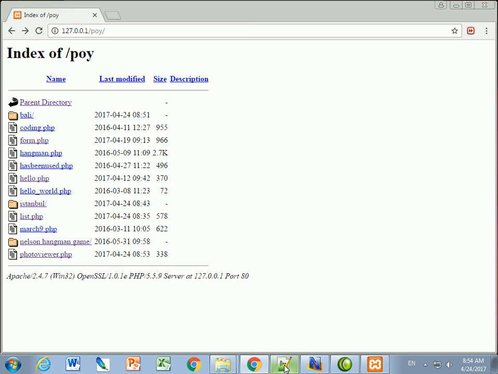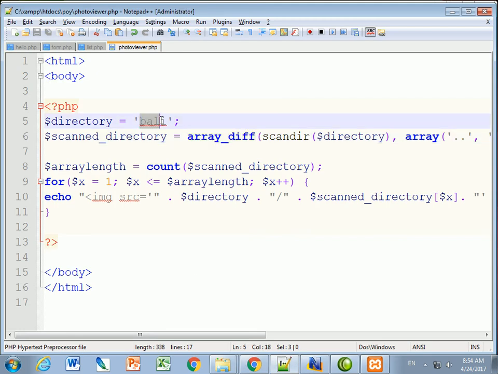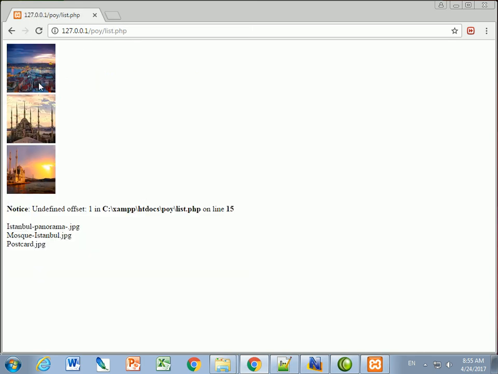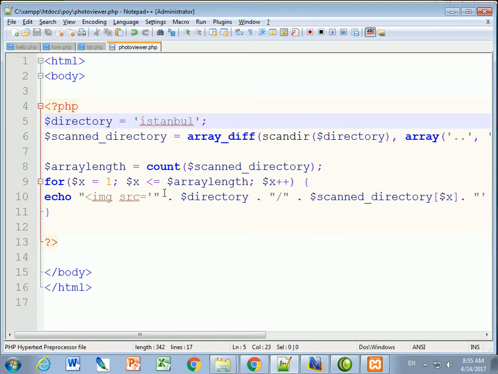And by the way, if I change this to the Istanbul folder, you'll see that it will now display the whole Istanbul folder. And so I'll select list, and now it does Istanbul, second, third, and fourth picture, based on what I have in there. The other thing I can do with this that I wanted to show is just displaying 1. And so I'll make a link to go back and forth, but we've already made a long enough